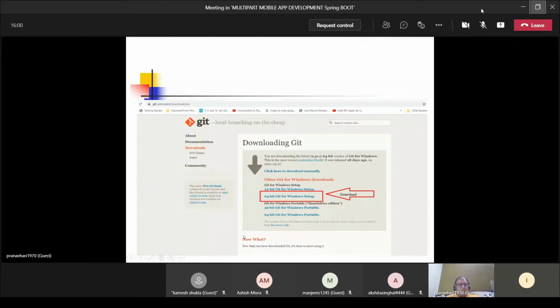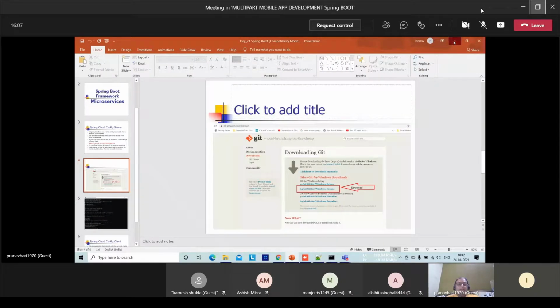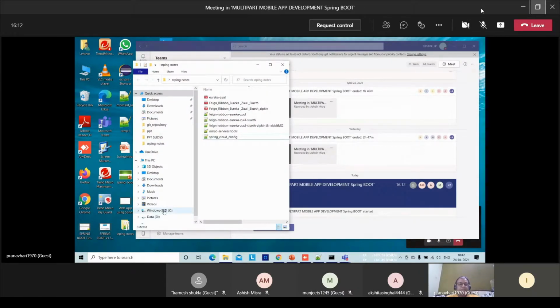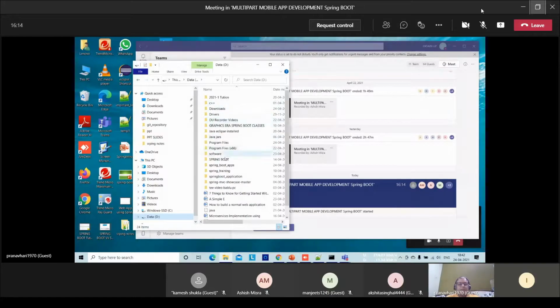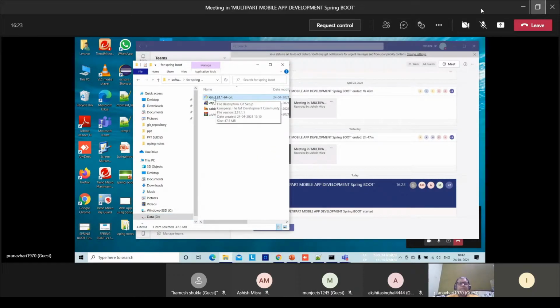Now, just a moment before going to the next slides, I will take you to navigate where I have downloaded. Here we have software for Spring Boot. Here, this is the Git software. Once Git is downloaded and installed, now I'll show you one step.